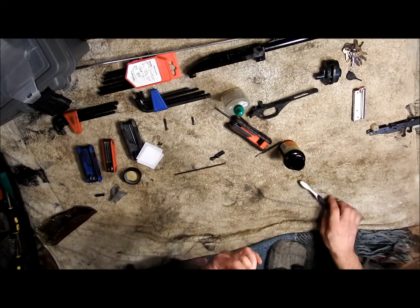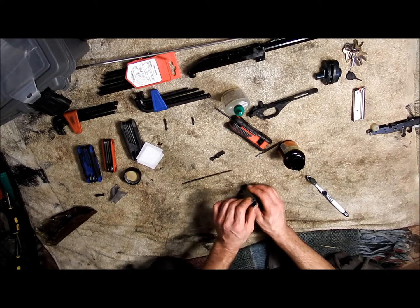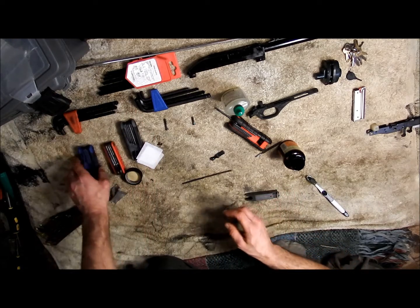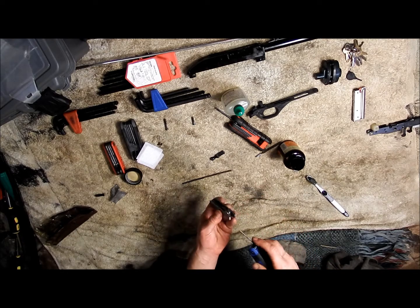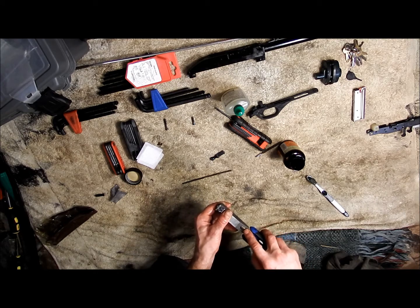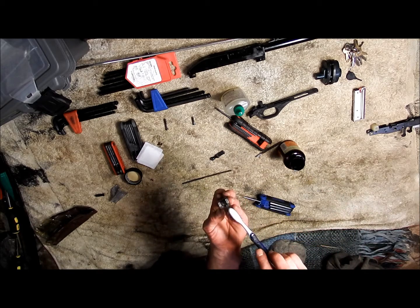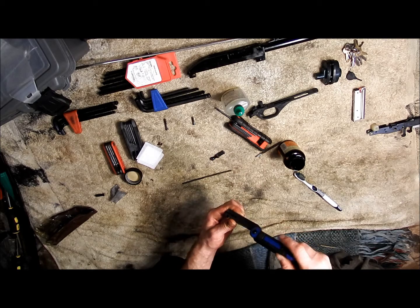Alright. Now there's this cavity inside here that your spring rod's in. If you can get something in there to clean that out, that's probably a good idea. What I have here is just a little Allen tool that's smaller than the cavity, and I'm just going to go in there and scrape it out and take my toothbrush and try and get some oil in there, the hops,